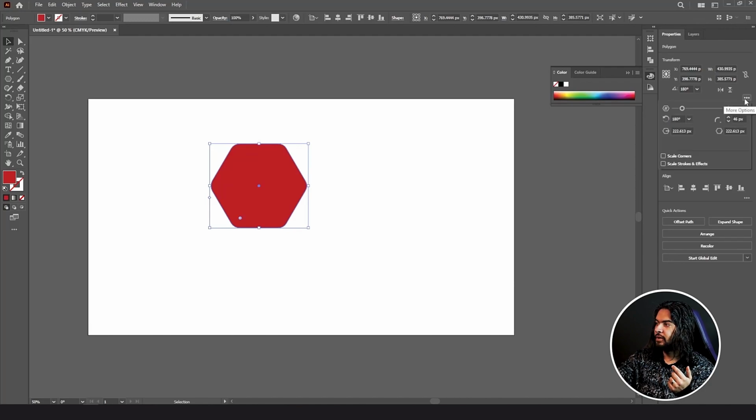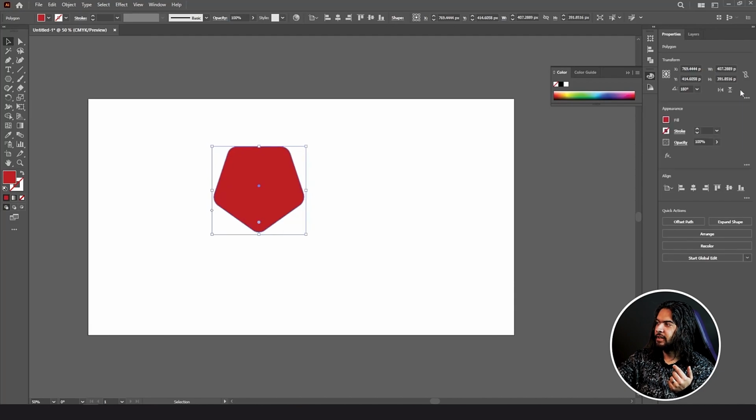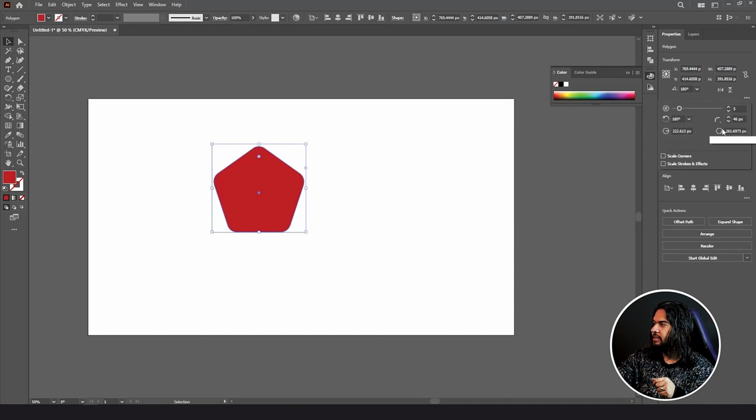But if I go here and decrease the edges to 5, then flip it up, now the shape is different because upside and downside are a totally different design, but right and left are the same. Then still you have rotation, angle, size. You can play with your polygon from Transform here. After polygon, we have